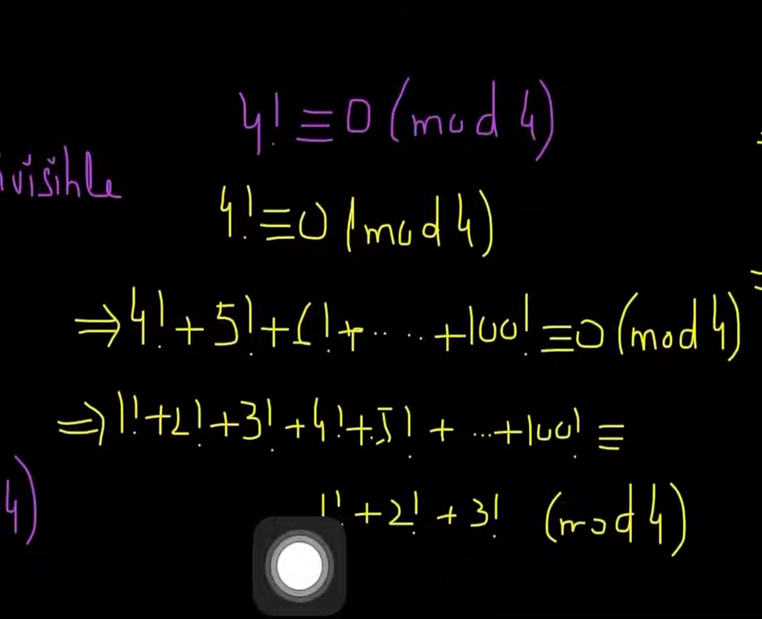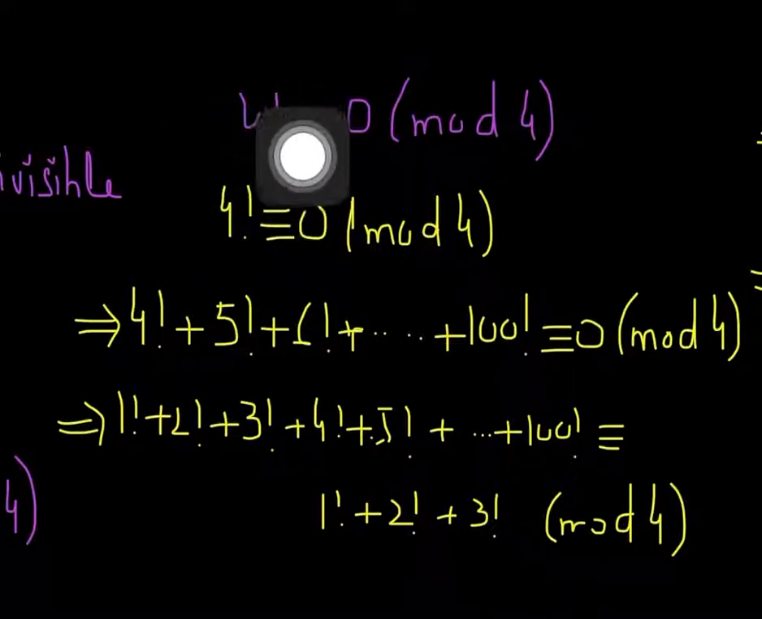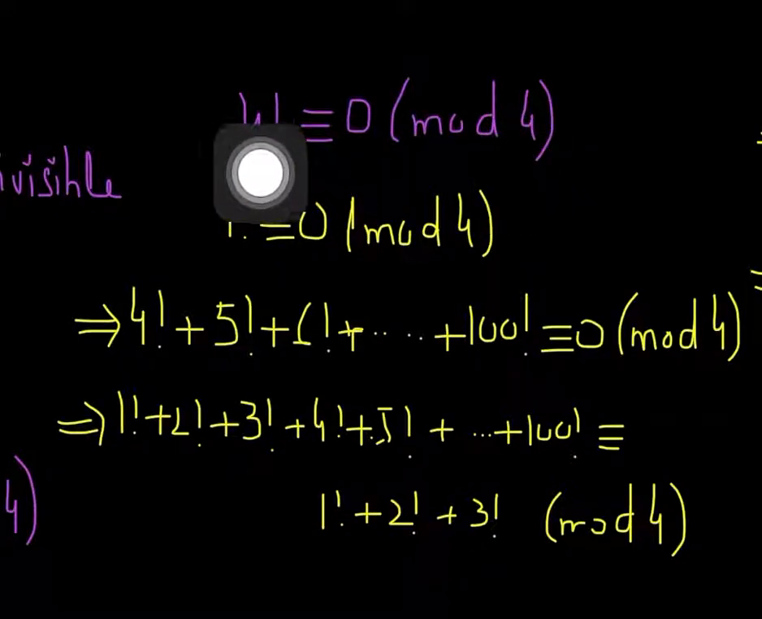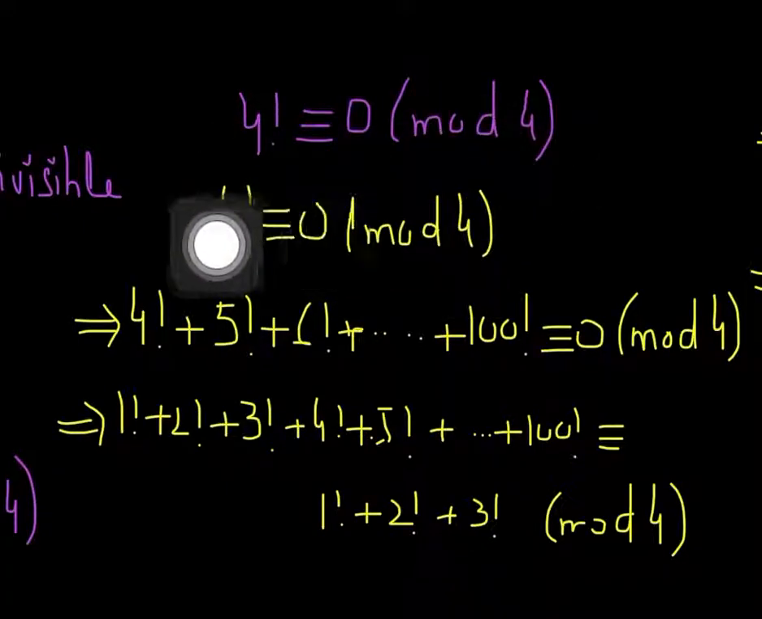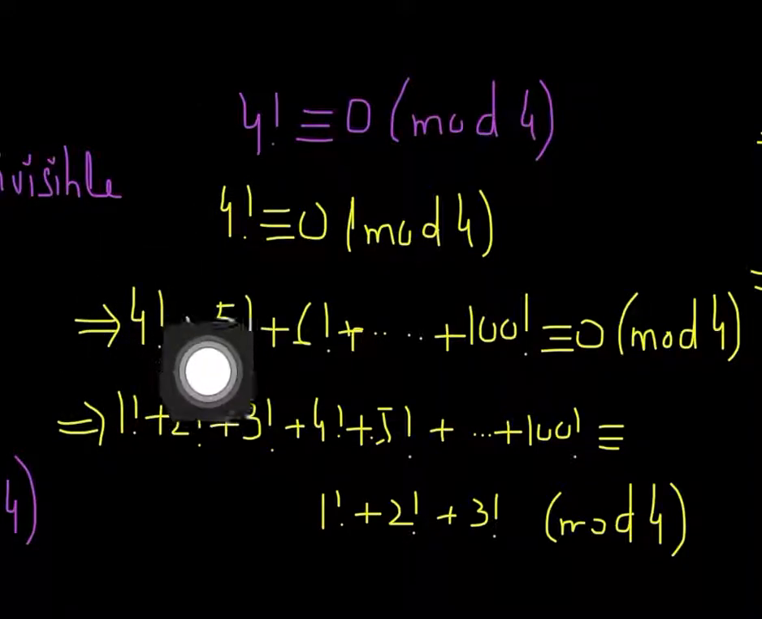That means 24 is congruent to 0 modulo 4. And 24 is the answer of 4 factorial. So that means 4 factorial is congruent to 0 modulo 4. Now in the next step, we have 4 factorial plus 5 factorial plus